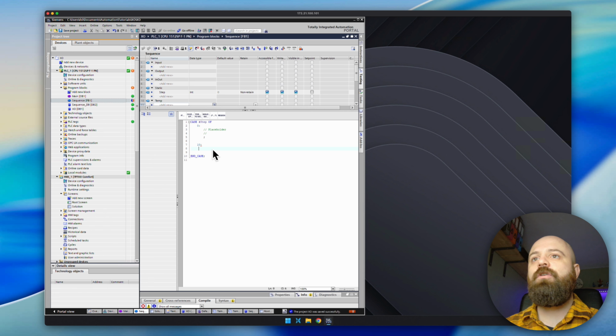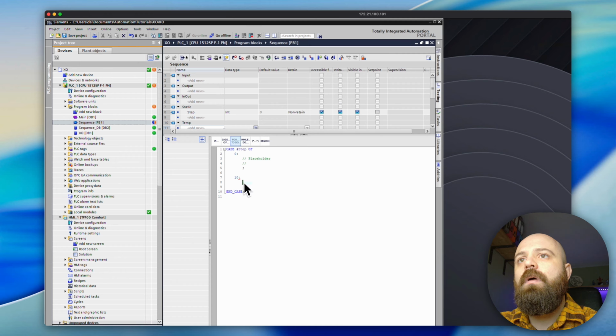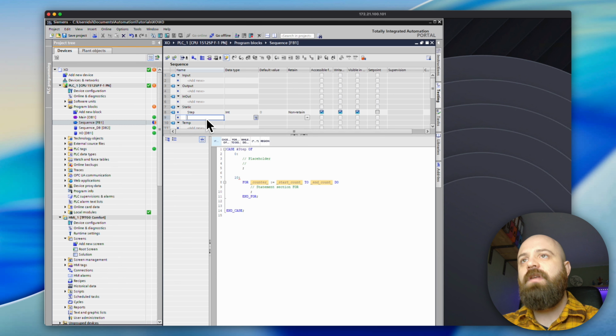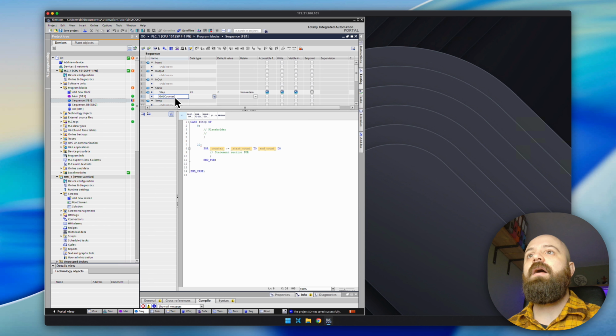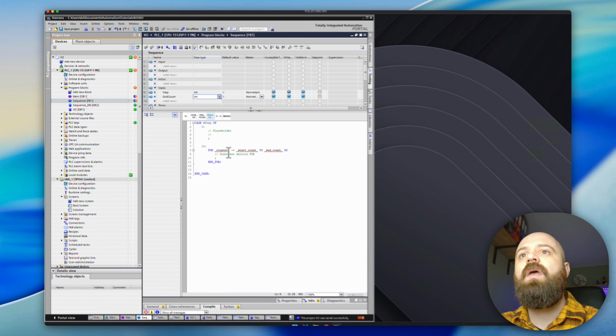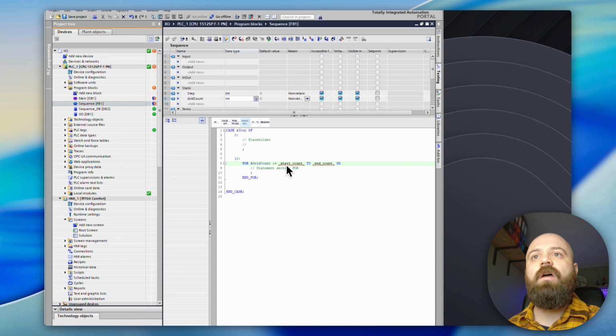In step 10, we're going to want to make sure that we check whether or not anyone is pushing any of the buttons. So in order to do this, we're going to basically loop through all of the different spaces that we've got. And to do that, we're going to need a little counter. I'm going to call it grid count. And I'm going to say here that grid count is going to go from 0 to 8,